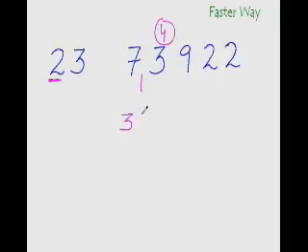2, 2 times is 4. So write 2 here, and the remainder is 0 this time, so put 0 here. Now this would be read as 09, that is 9. So the next dividend would be 9 minus 3 2 times, that is 6. So 9 minus 6 is 3.